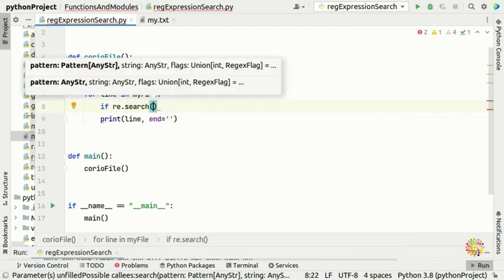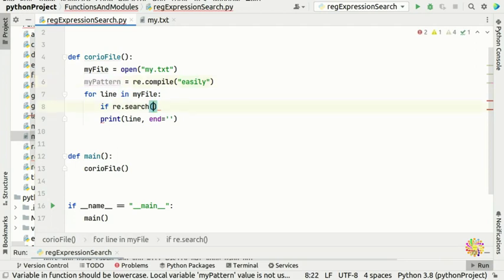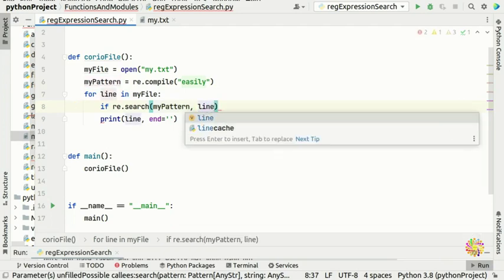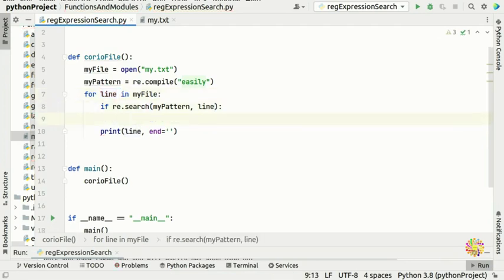So we're going to put if re.search, and we need to open the pattern. You can put a pattern; I just want to confuse you because a lot of programmers call this pattern. So you put my pattern, and then it's going to be the line, because we are looking for this one and this one, and we are in if. So if the regular expression search pattern, which is this here, and the line which we are going to iterate through, then we're going to print the line. Then we're going to print